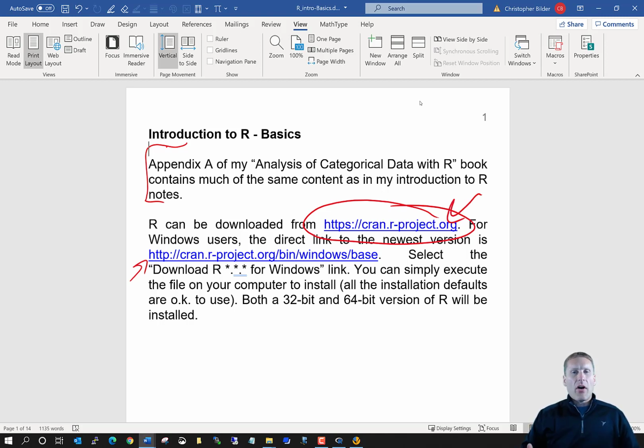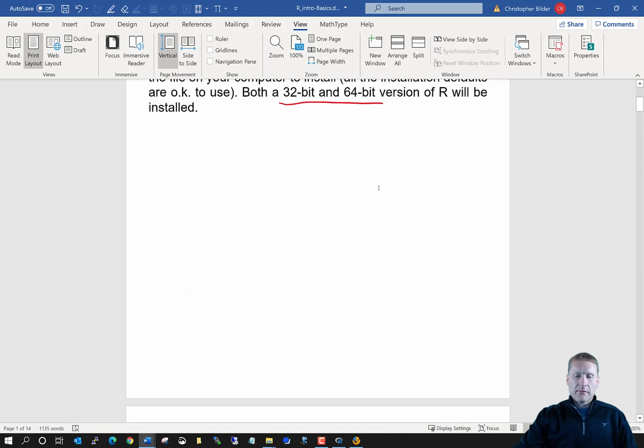Now, when you install R, go ahead and go with all the defaults. They should work out fine. Do know that you will get two different versions of R, a 32-bit and a 64-bit version. It doesn't really matter which version you use. For what we will be doing, you'll get the same results. Okay,